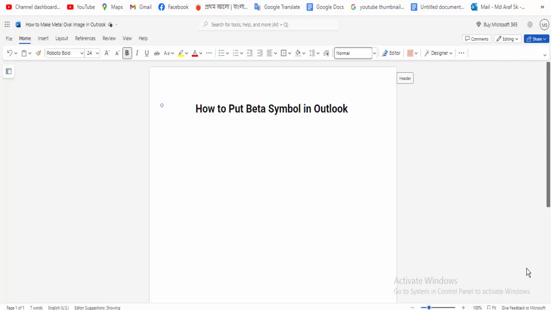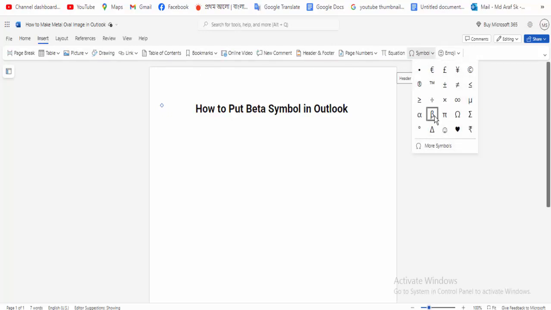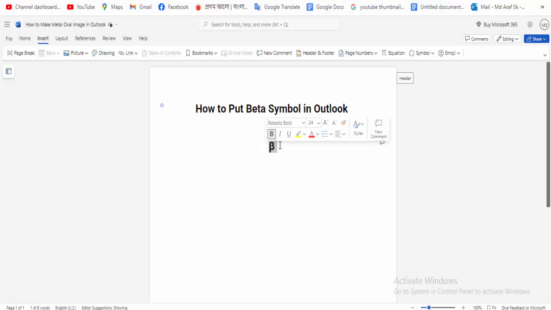Today's video, how to put beta symbol in Microsoft Outlook. So let's get started. At first, open your document. Now, to put the beta symbol, go to the Insert menu option, click the Symbol option, and click the beta symbol option. Let's okay. Then select this beta symbol